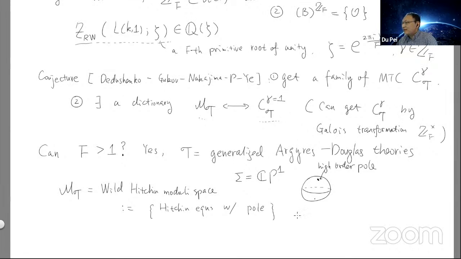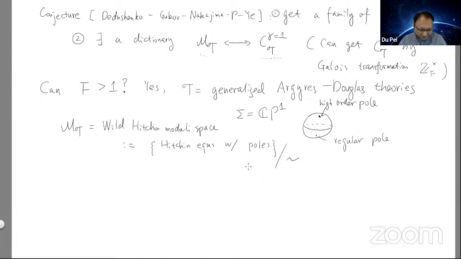There can be an additional point where you have a regular pole. You have a regular pole at one point, and then a higher order pole at another point. Again, you quotient by gauge equivalence. So to give some very concrete examples,